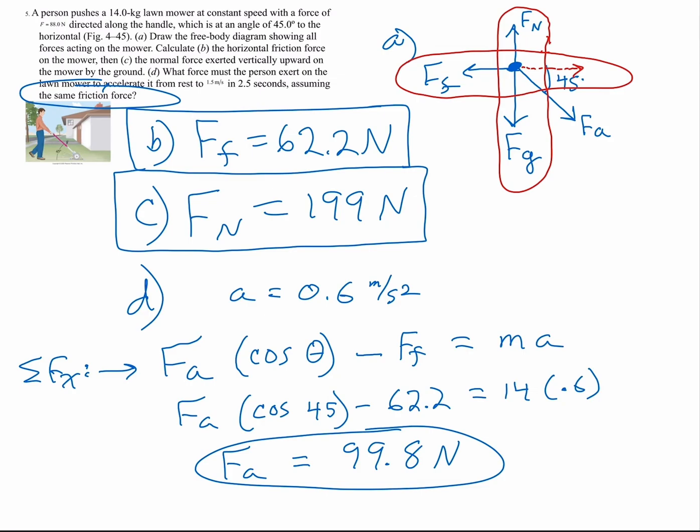Now, some of you are going to ask, well, why did you write the applied force portion first and friction second? And I had to do this subtracting because friction is the one opposing the motion, and the object is moving forward, so it's moving in the direction of the applied force. So you have to put the force that designates the direction of movement first in order to get an answer that makes sense. Anyways, I hope all of this made perfect sense, and now you're a complete and competent